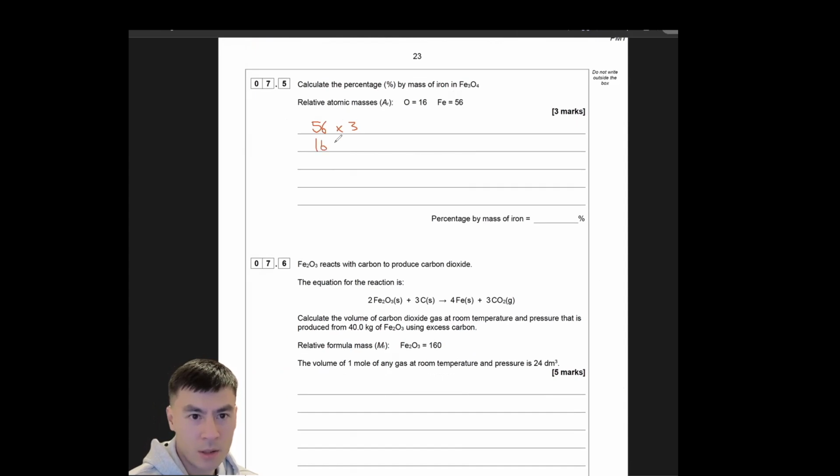Oxygen is 16 times 4. Okay, find out this total. So do I need to work it out? 56 times